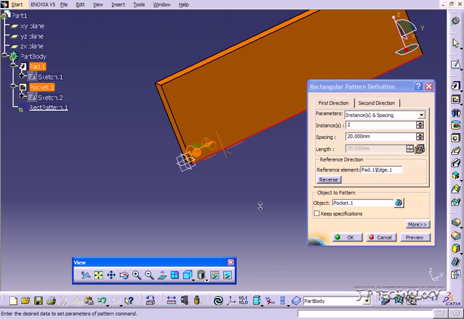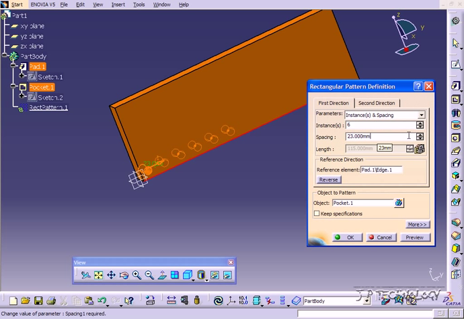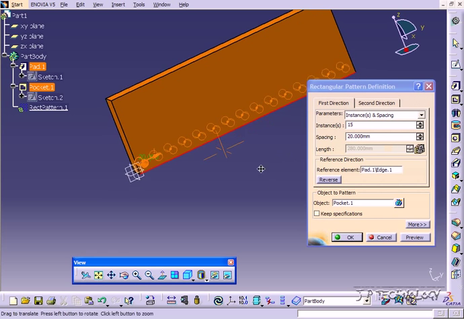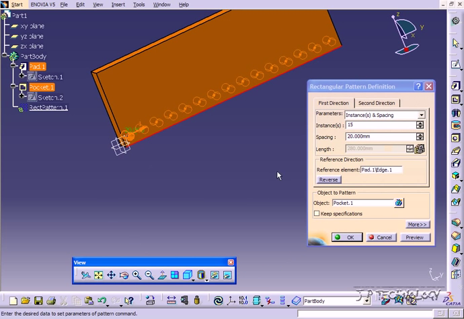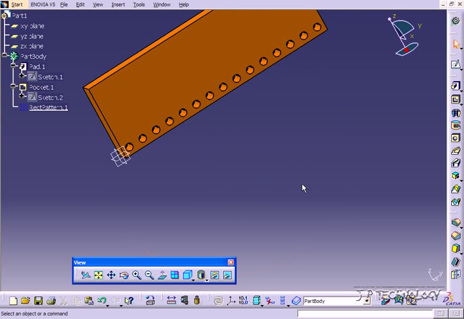Right now the instances are at 2, and what we have to do is keep going and increasing them. As you increase, it's going to increase the instances, and the spacing between each instance is going to increase also. So let's put this to 20, and let's make 15 instances. Click OK, and you can see that it runs all the way across. Click OK again, and now we have our 15 instances, and we have our rectangular pattern going along the bottom